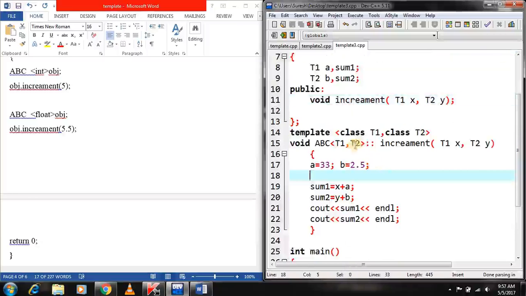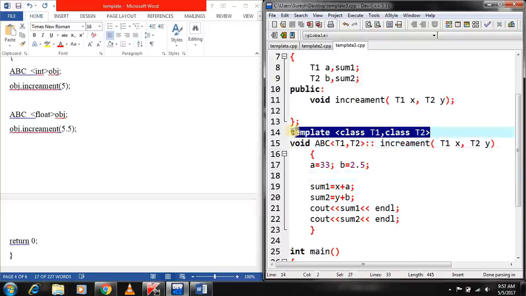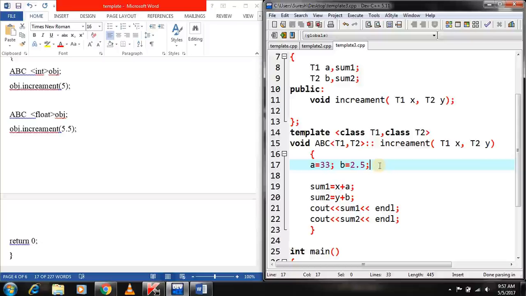So the little bit of addition is this one and this one. These two things you have to add. The same programming you can now apply to the constructor, destructor, operator overloading, function overloading, casting, and inheritance, any places you can do it. So this much for the template. Next we will see